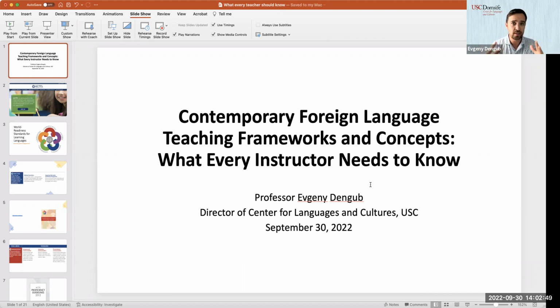So we'll start with this very brief and skeletal orientation into language pedagogy jargon and lingo. We'll talk about frameworks. It will be a very brief introduction, but hopefully you will get some useful ideas where to look for more information if you need it. And then we'll have a series of conversations where we will meet with faculty who were on various search committees. We'll also have mock interviews.